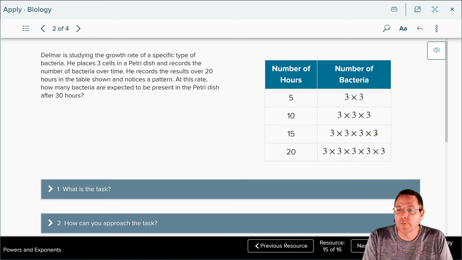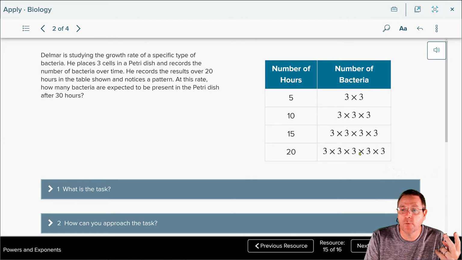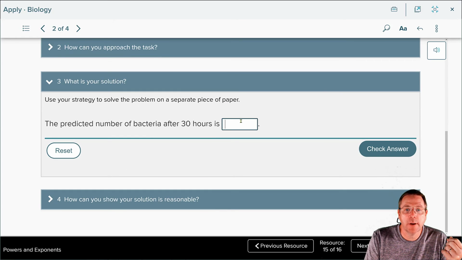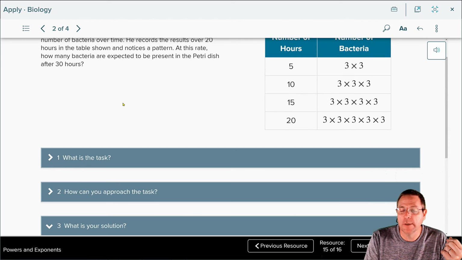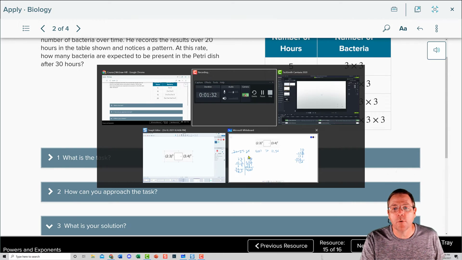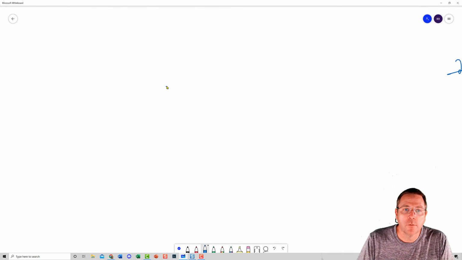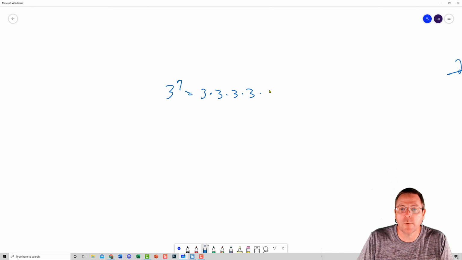Every 5 hours, they add 1 additional times 3, so they've got 10 hours going, so that's going to be times 3 2 more times. So where we had 5, now we're going to have 7. So we're going to write that as 3 to the 7th power. And let's go work that off to the side here since they want an actual answer. So 3 to the 7th power is equal to 3 times 3 times 3 times 3 times 3 times 3